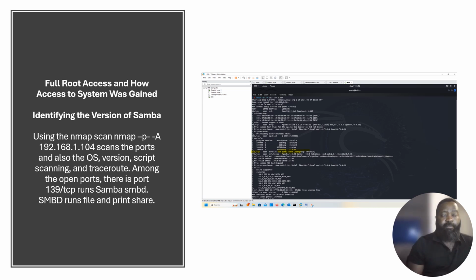I used the command nmap -p -A 192.168.1.104. So switch P is to give you the open port, the ports of the VM, and then switch A is to give you details about the VM, such as the operating system, the version, the script scanning, and the trace route, and all of that. So when I ran this scan, as you can see in the screenshot here, I had several